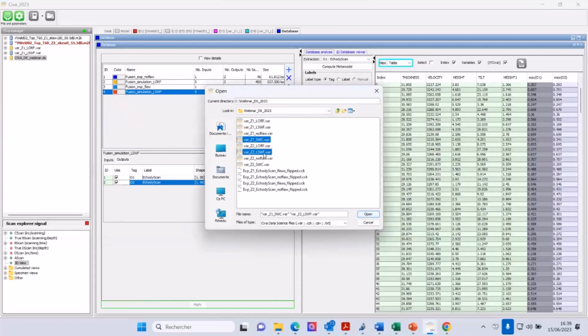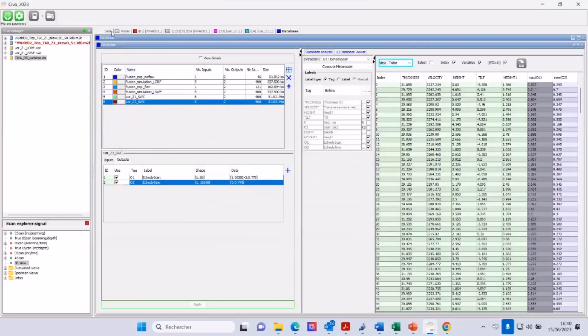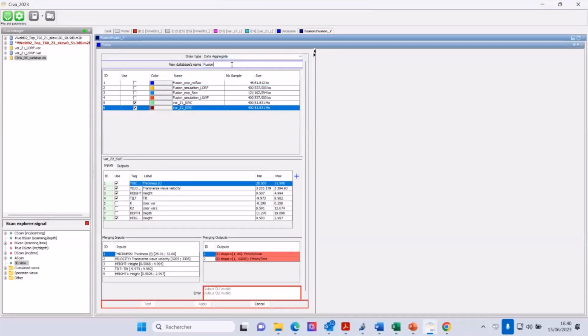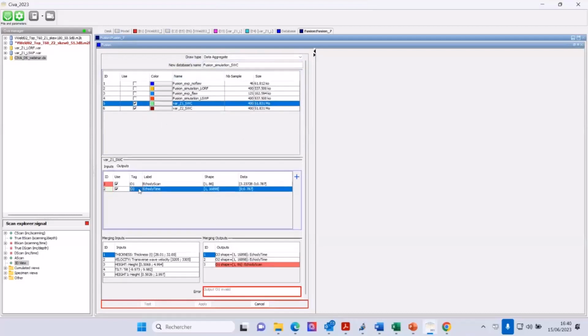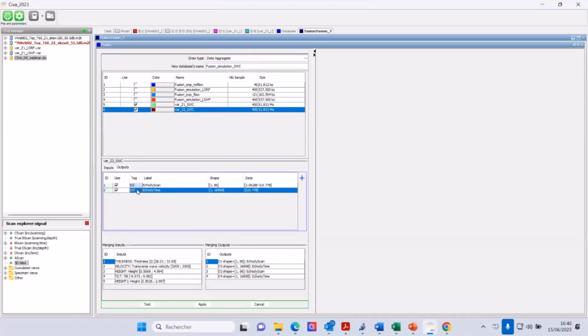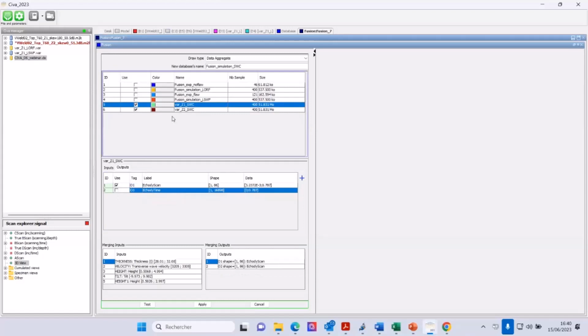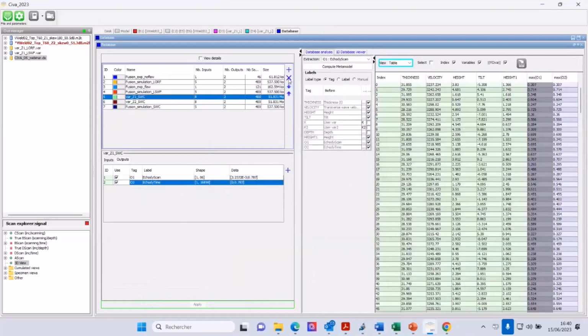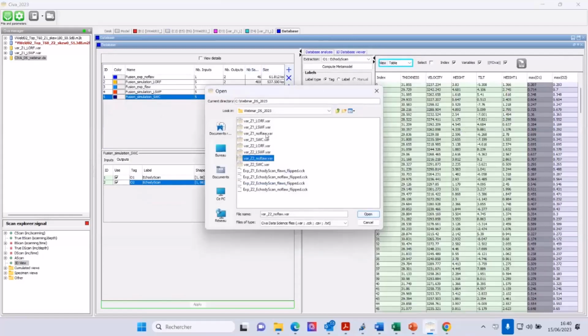No, sorry, this one and this one. And the last one is my simulation without flow, where we just simulate the backward echoes.